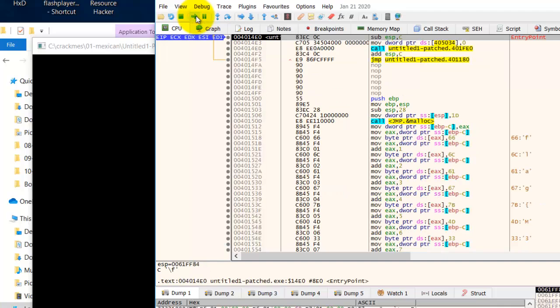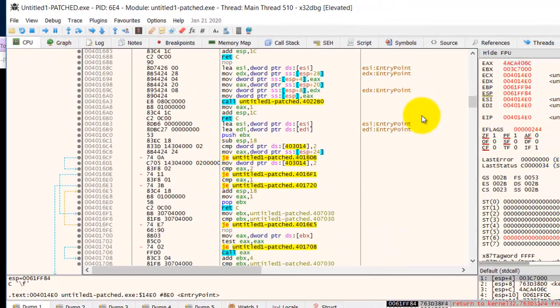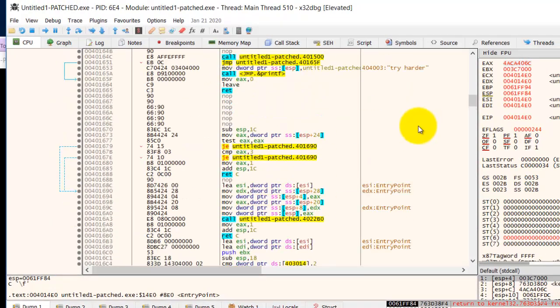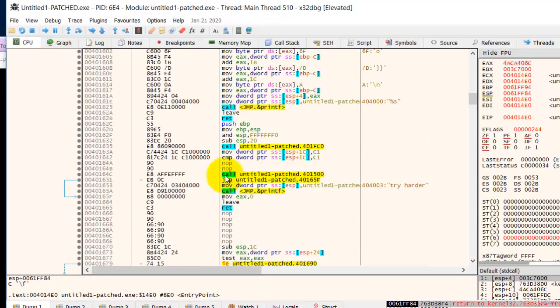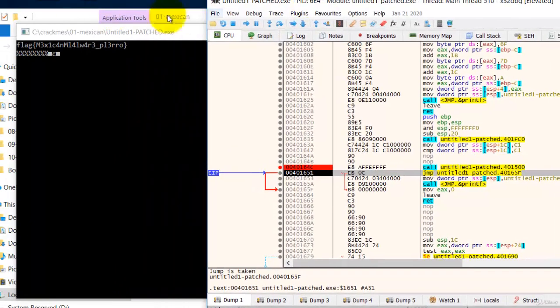Run to entry point by pressing F9, and then make sure you go and put your breakpoint somewhere here. And then run to the breakpoint by pressing F9, then press F8 to see the output. Okay, so we still need to have a breakpoint in order to pause the program at the correct place to